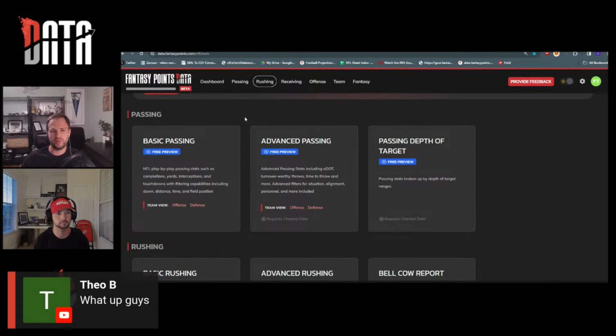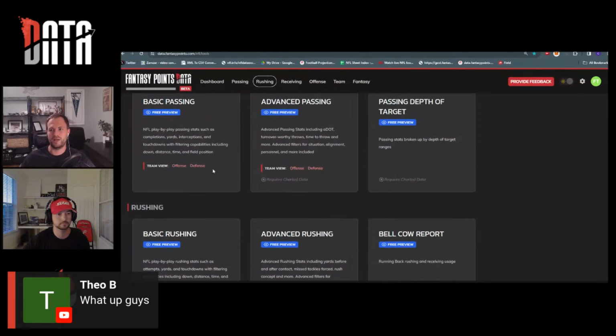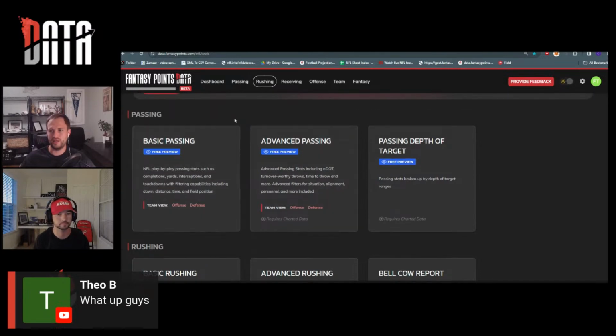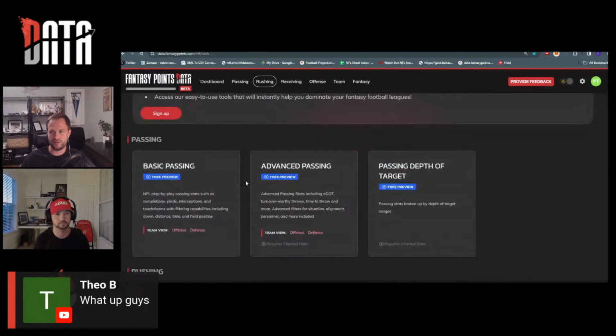Those are updated with basic data about anywhere from 15 to 30 minutes after games end. You can go in there and see box score type stuff, although the rushing stuff now has weighted opportunity, which is pretty cool to see right after a game ends. Targets, passing yards. There's also some of the filters in there as well. And then those 3 tables are always free. And then we get into the much cooler advanced stuff.